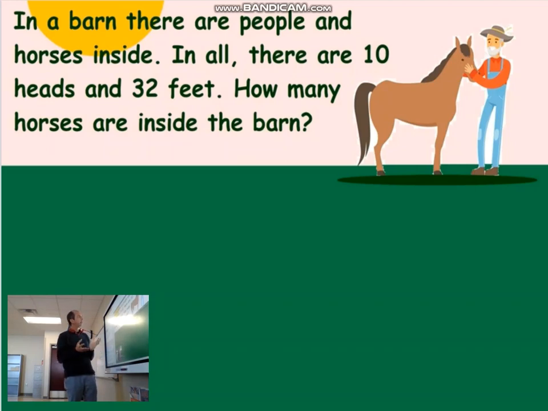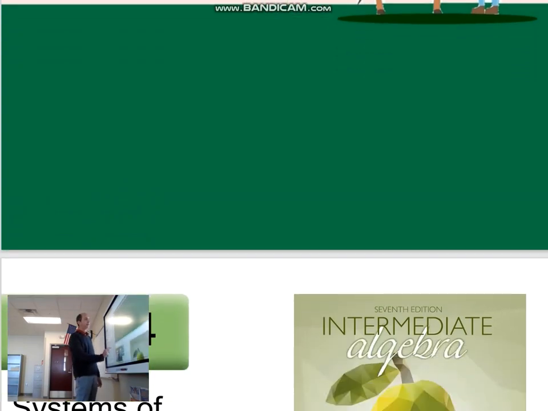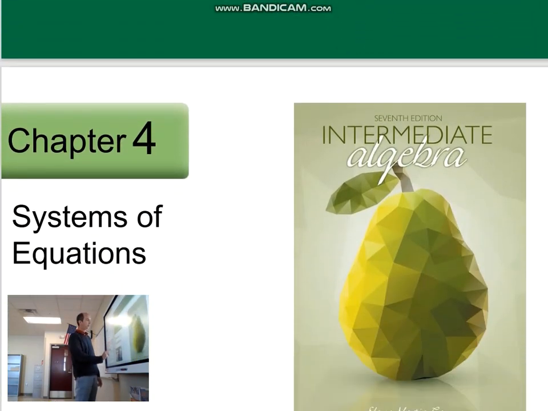It's kind of a puzzle. In a barn there are people and horses inside. In all there are 10 heads and 32 feet. How many horses are inside the barn? How can you solve this? This is the puzzle, and at the end of the lesson we can solve and try to find the answer